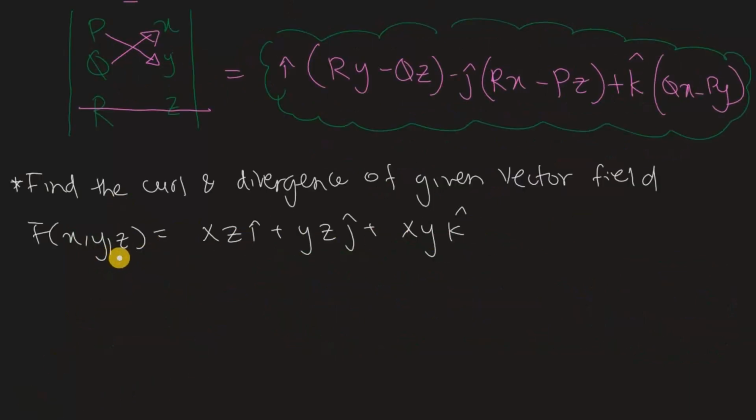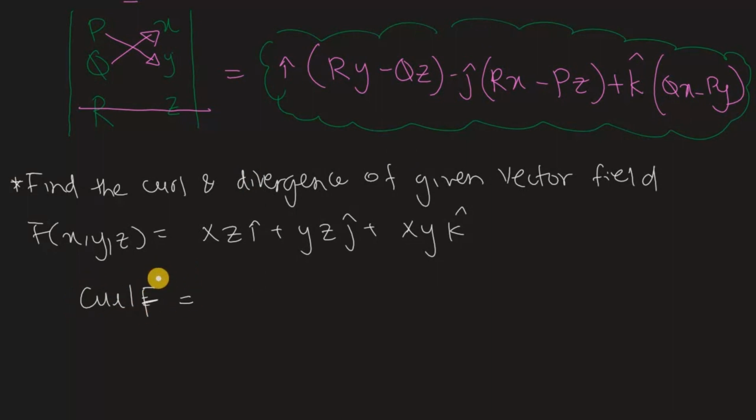Okay, so here we have a problem. It says find the curl and divergence of a vector field whose function is given by this equation over here. And okay, so we are finding first of all curl over here. I'm gonna explain how to find divergence later. Okay, so we're calculating for curl right now, and the equation to find curl is right in front of us,